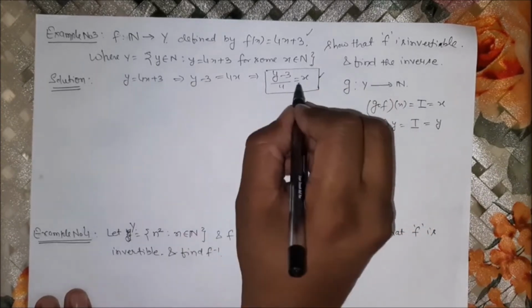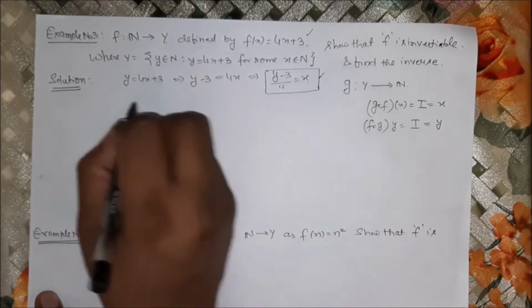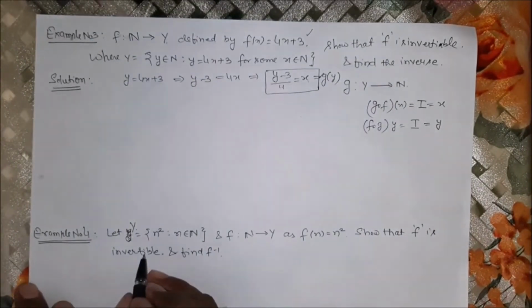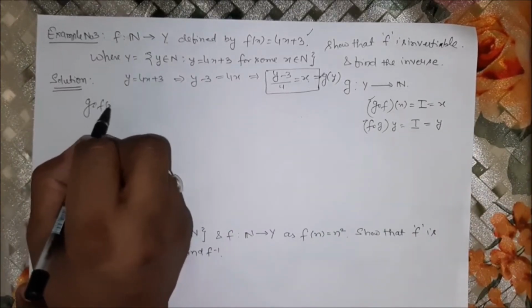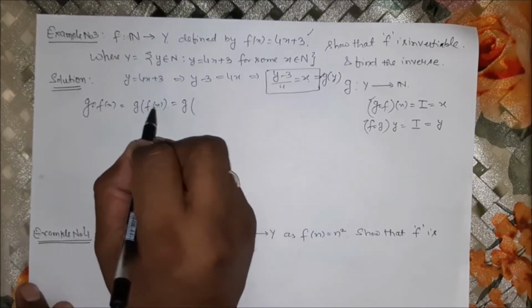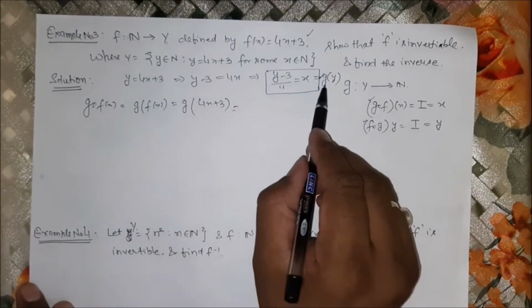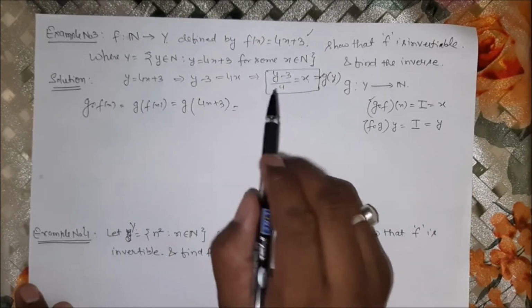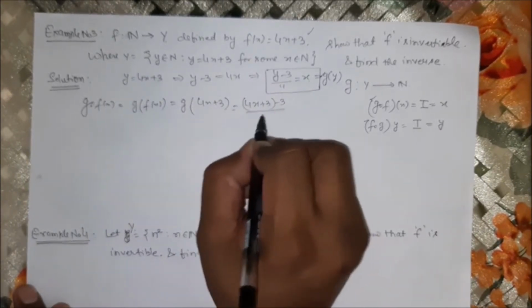Now what we will do, let us say this x is, because this is expression in y, let us say this function is represented by g(y), say this is equal to g(y) equal to (y minus 3) by 4. Now we will find the value of gof as well as fog. Now consider gof of x, which is g of f(x). In place of f(x), we can put 4x plus 3, and what g will do, g will subtract 3 from the term and then divide by 4.